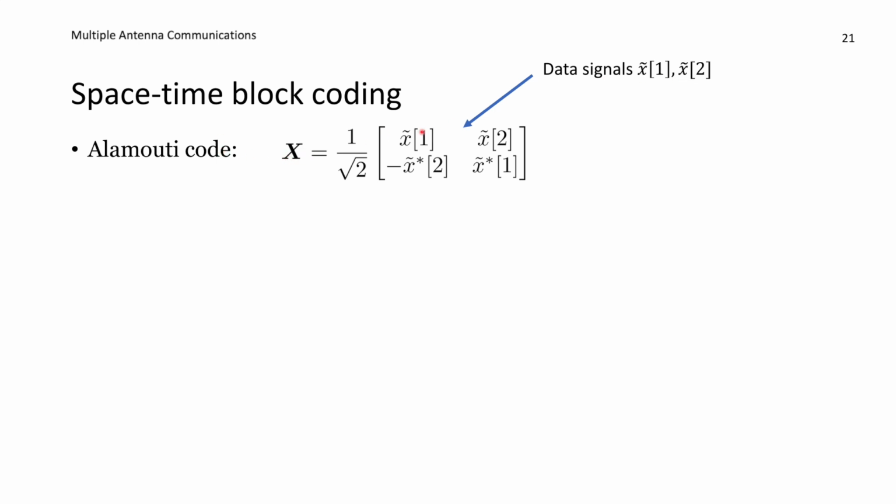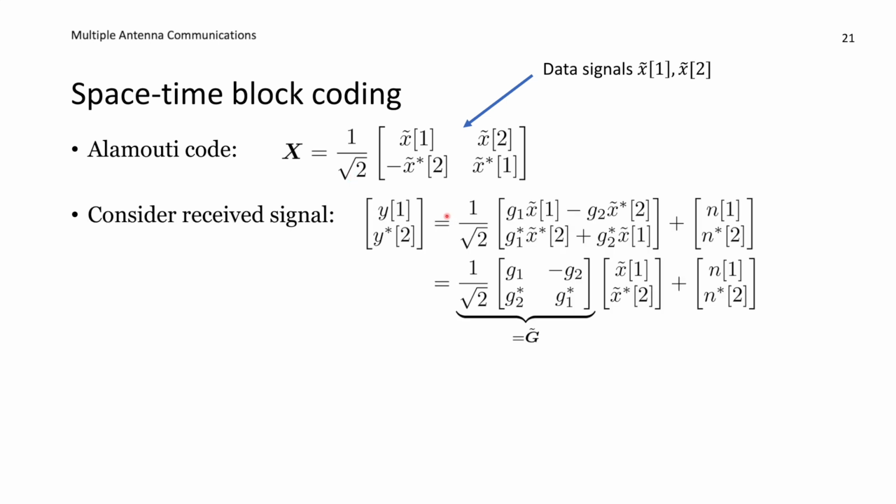So transmit antenna 1 is first going to send the first message and then the second message. While antenna 2 is first going to send the second message with a minus sign and a complex conjugate, and then the first signal with the conjugate. And then this 1 divided by square root of 2 is making sure that we are keeping the same power every time we transmit. If you write the received signal at time 1 and the conjugate of the received signal